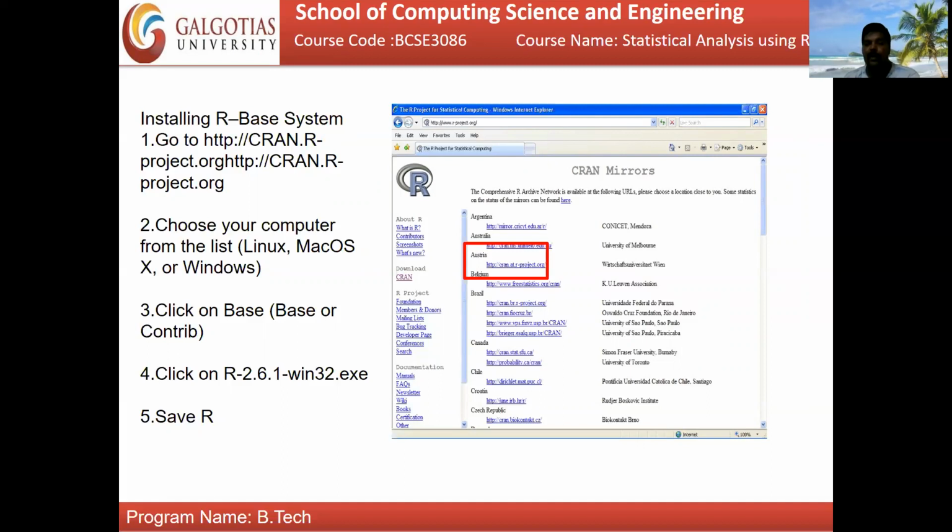Based on your operating system, you can download it. There is content for 32-bit and also 64-bit, so both the 32-bit and 64-bit exe files are there. Based on your need, you can download one.